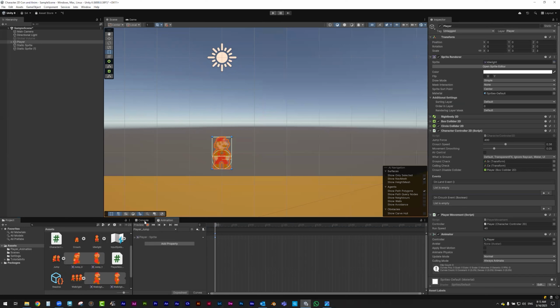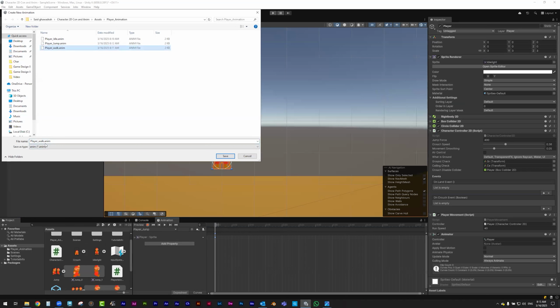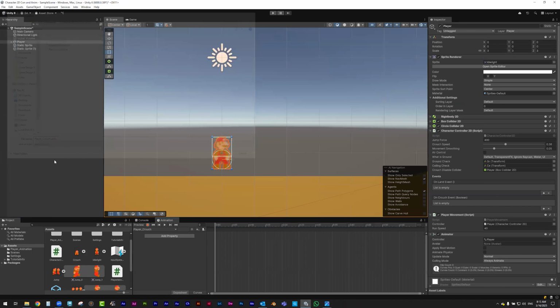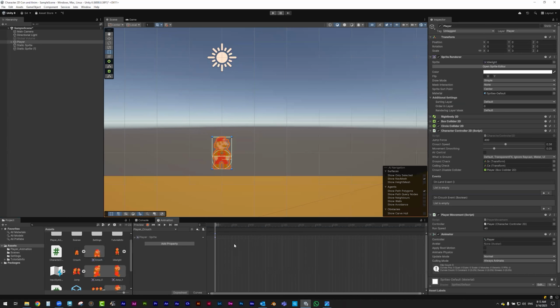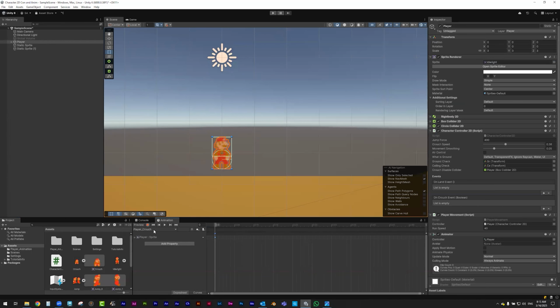As I said, we are working with a simple and basic game, but the idea of adding frames is still the same. And I need to create the last one. The crouch. And from here, I need to add the last frame. Once I finish with all of the animation I need,